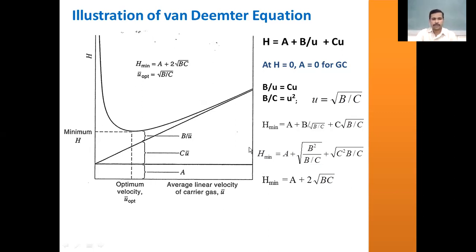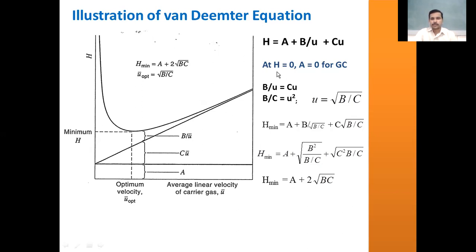Therefore, it is very essential to fix the optimum velocity of the mobile phase wherever you are doing the analysis, either by using liquid-liquid chromatography, liquid-solid chromatography, gas-liquid chromatography, or gas-solid chromatography, whatever it is. First you have to fix the mobile phase velocity to an optimum level. Then you have to perform the elution process so that the column efficiency is maximum. And this column efficiency is maximum because of the lower band broadening, the lower rate of zone spreading.